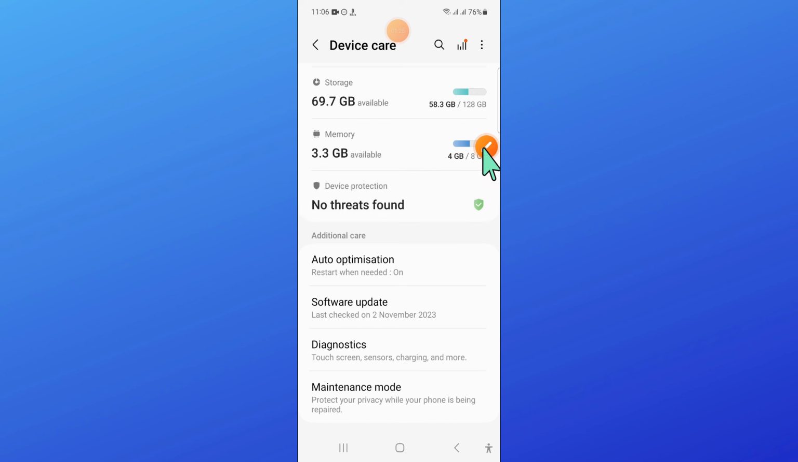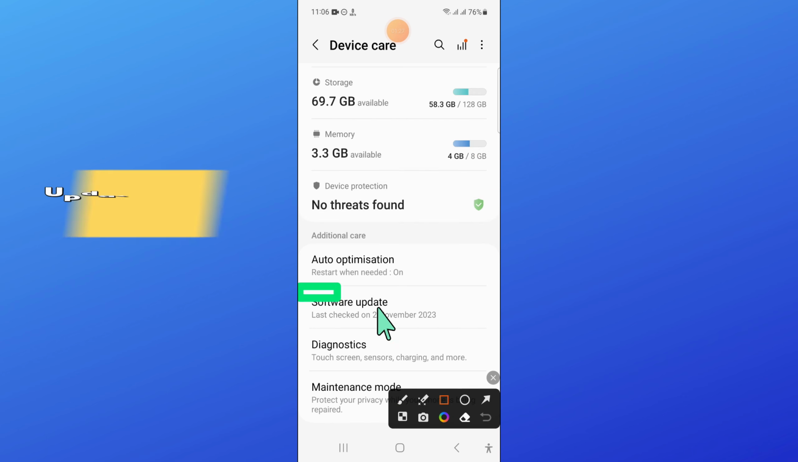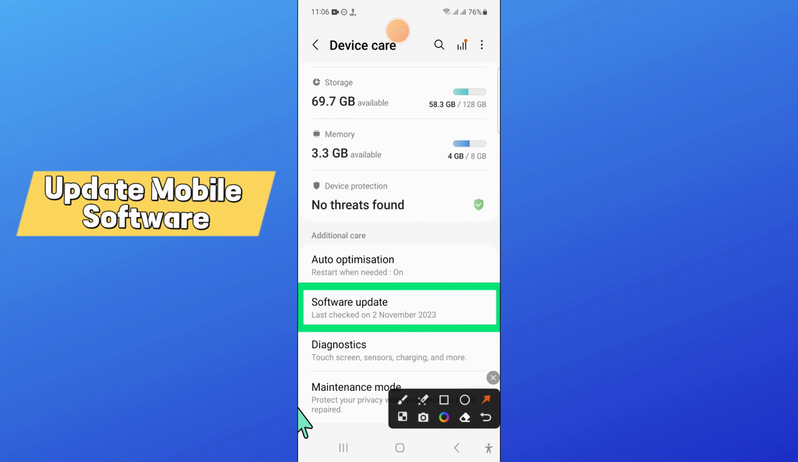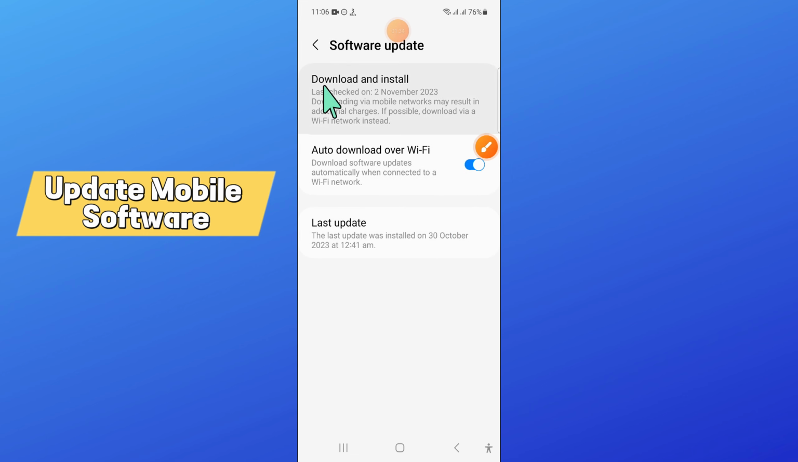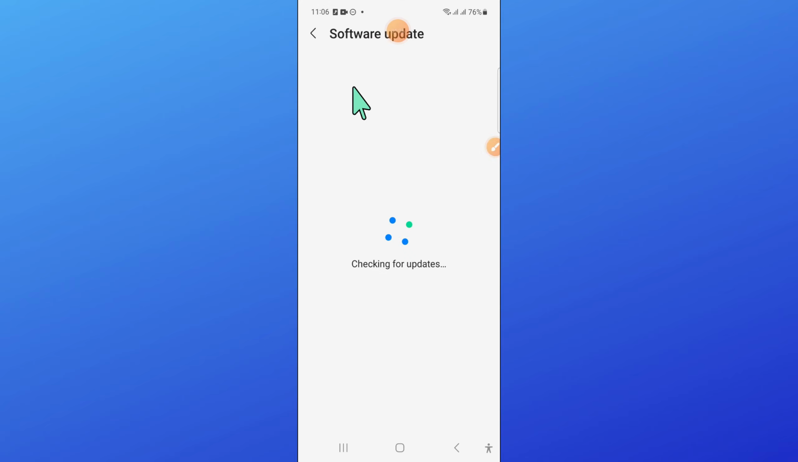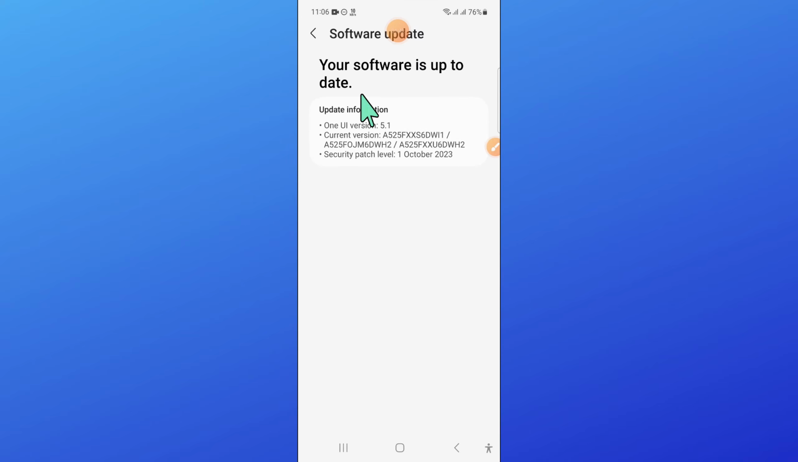Now here scroll down and click on software update and then click on download and install to update your mobile software. And after updating, go back